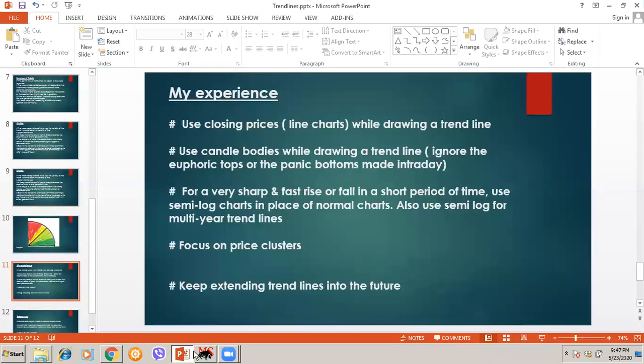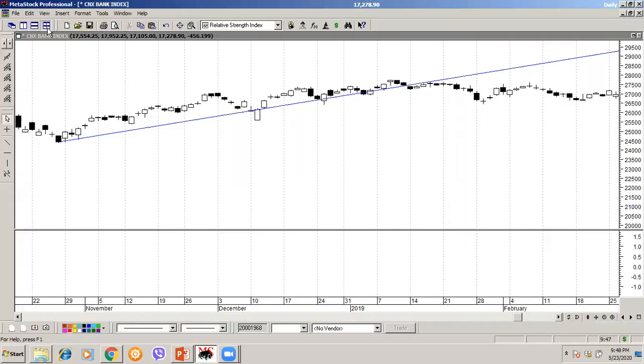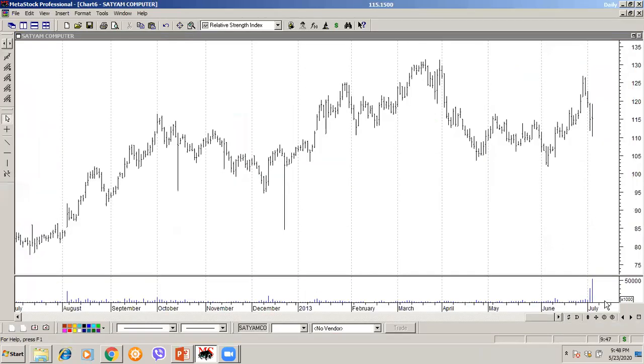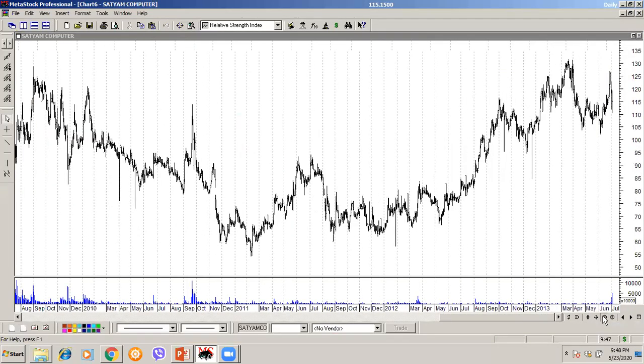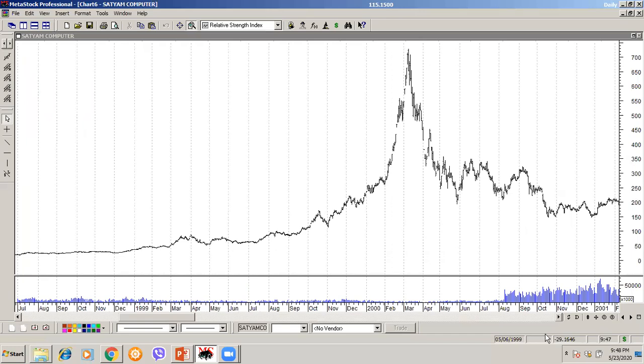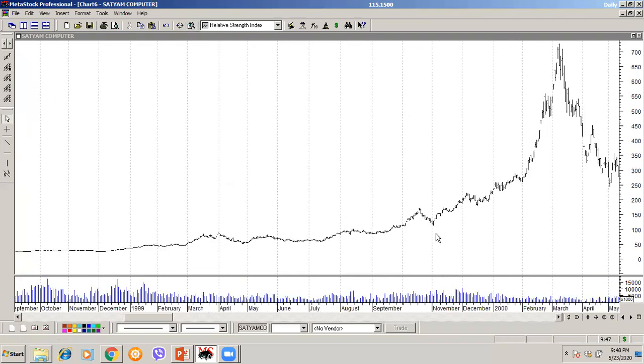I'm going to show you an example which my mentor showed me when I was learning technicals. That will clear the point once and for all. I'm going down to Satyam Computers sometime in 2000. And this particular place. Now tell me something. Okay, forget the fall. Let us concentrate on this rise first. Can a trend line be drawn for this chart? If I try to draw, I will have one trend line out here.